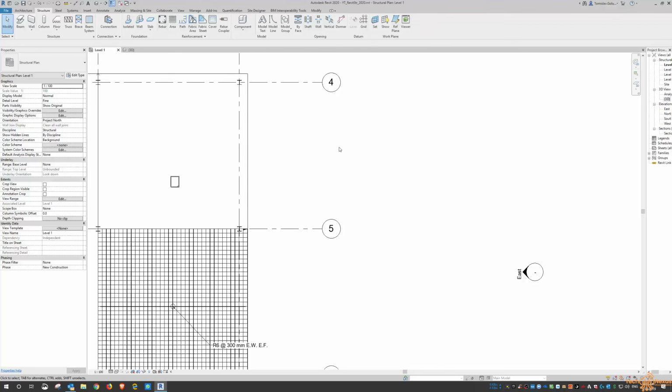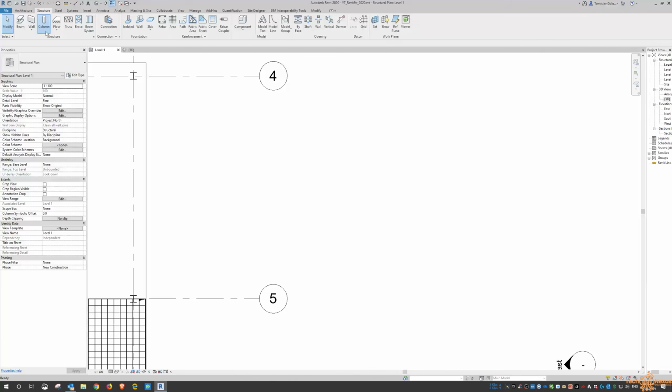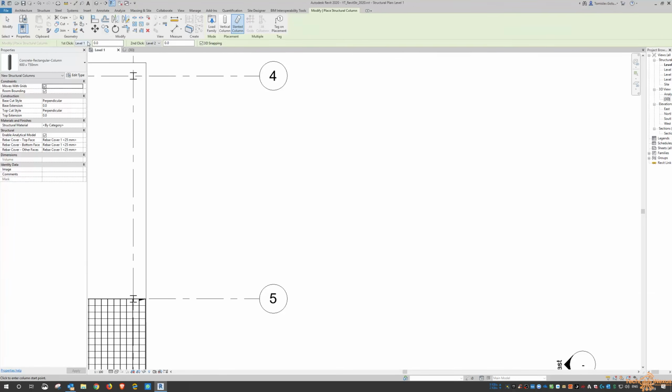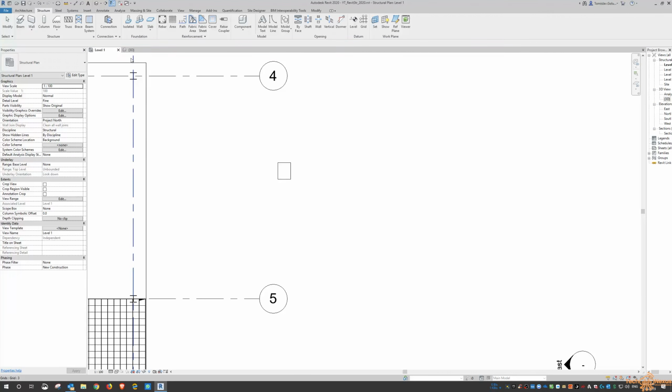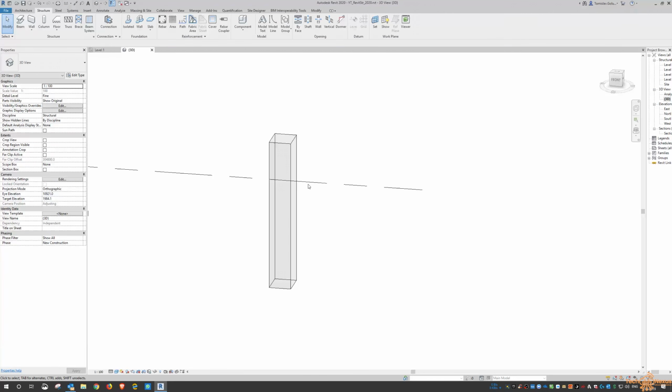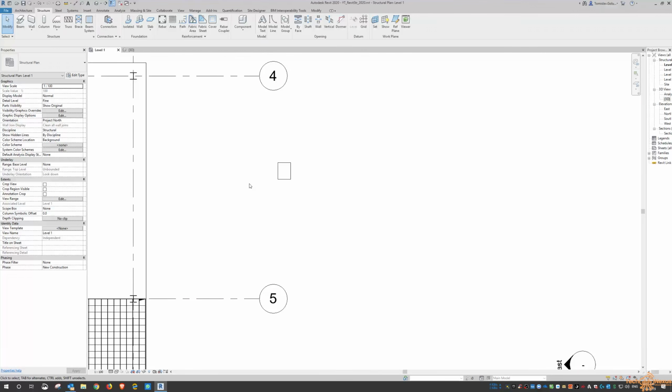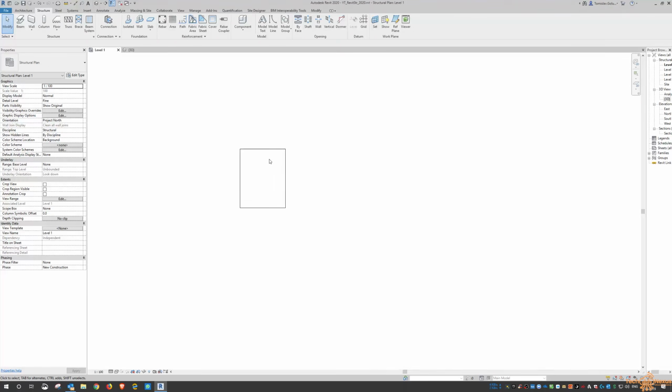Okay, so if that's the kind of thing you need, that can be a way to do it. So level 1, I'm not going to put any offsets in, so I'm just going to click on the first point, click on the second point, and then I get a vertical column. Okay, now going back to do the rebar, I click on the rebar button,